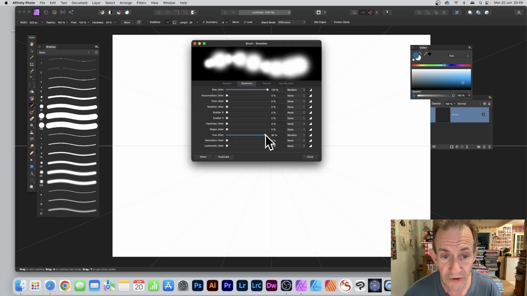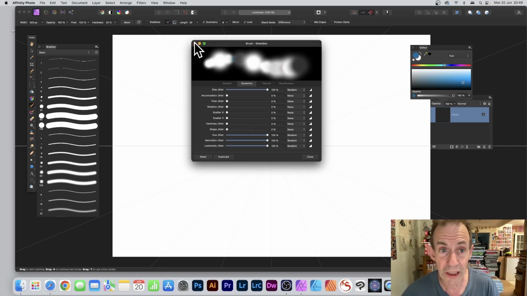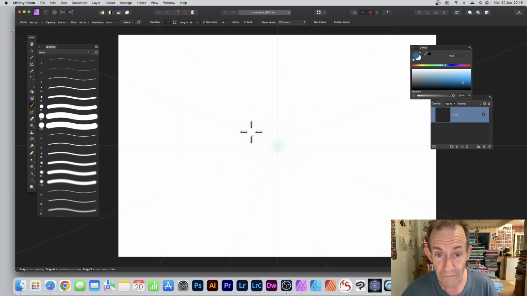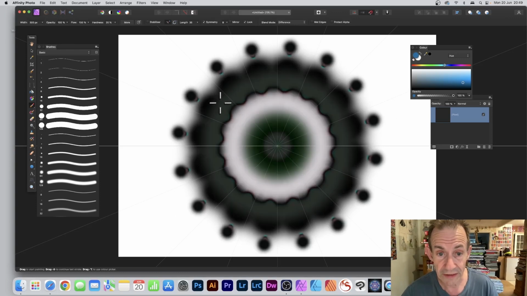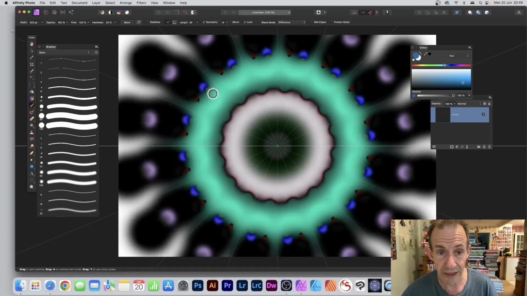Also, modify hue jitter. Put that to about 100 and luminosity jitter as well. And now what you can do, you can also modify the others if you wish. But I'm just going to go with those and now apply it. And you see, as soon as you do that, the colours come out there,